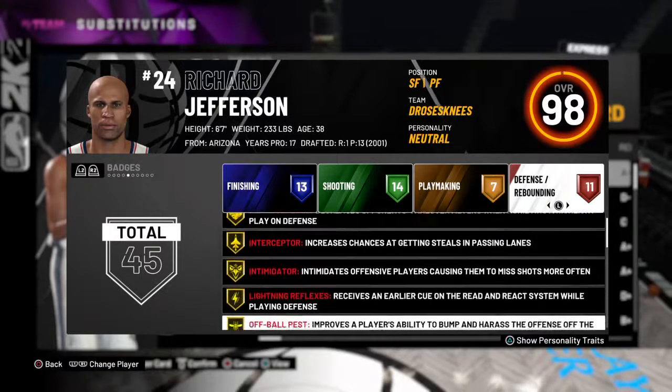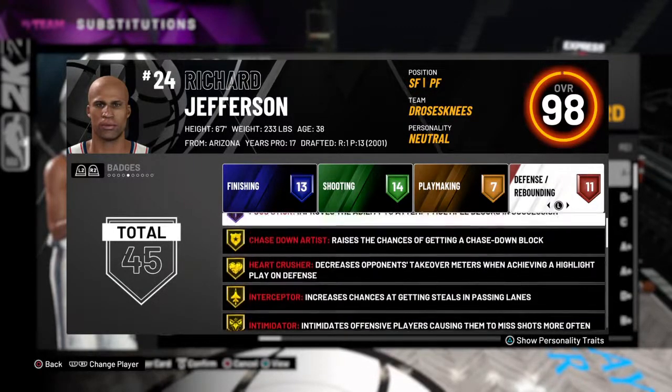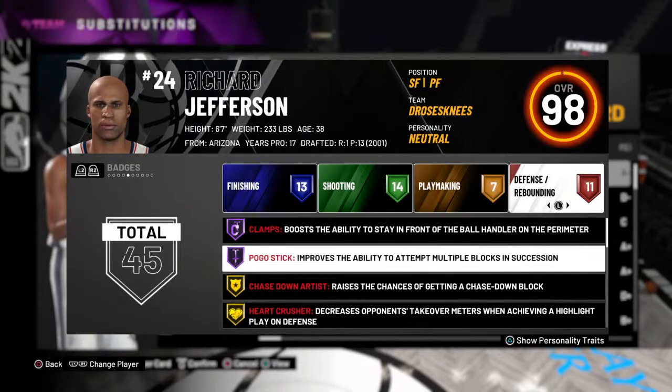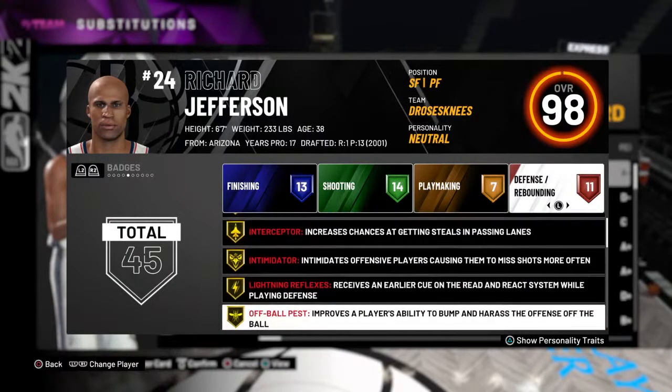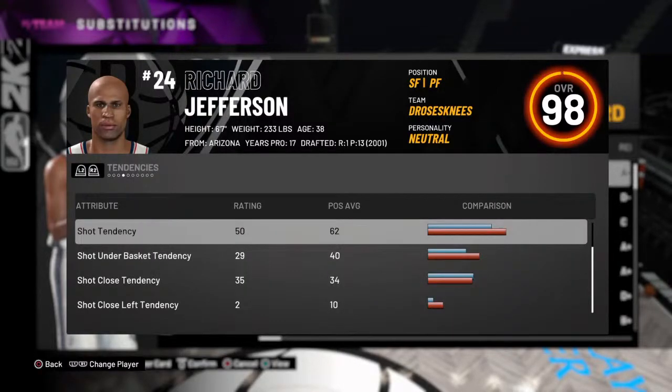But he does not have Gold Tight Handles, or Hall of Fame Tight Handles, or any Tight Handles. So he won't be benefiting from that, so you have to play a little more honest with him. But, he's 6'7", monster finisher. Let's look at his